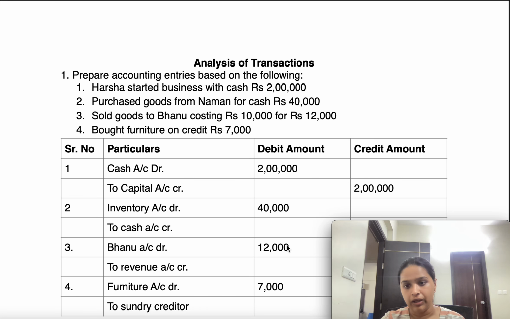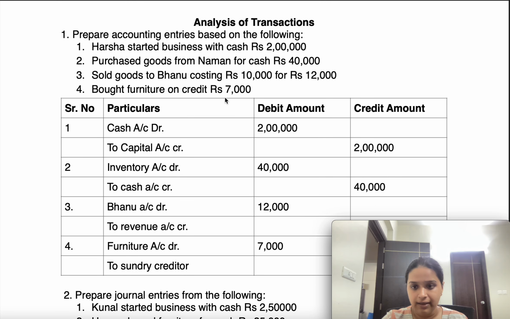Third is the nominal account. It is always related to expenses, revenue, losses and gains. Debit all the expenses and losses, and credit all the incomes and gains. It means whenever you incur any loss or any expenditure related to the business, it should be debited, and whenever you earn any income or gain, it should be credited in your books of accounts. All right,